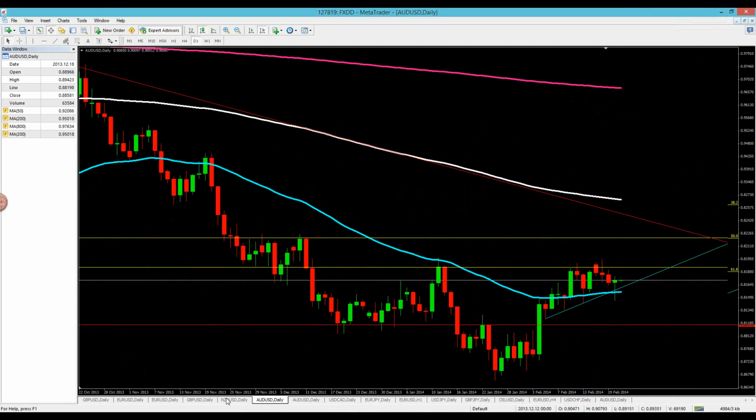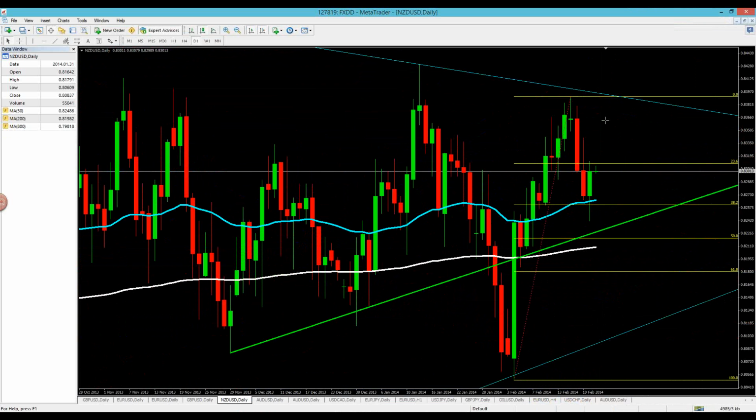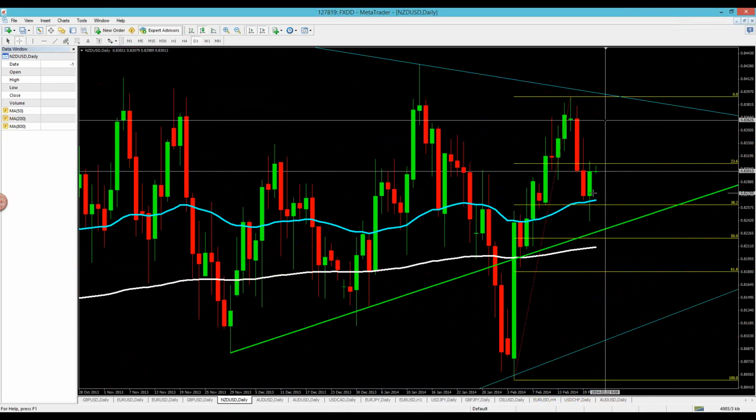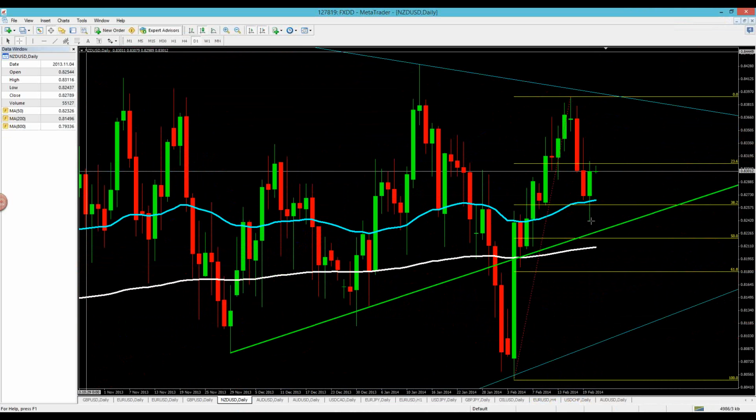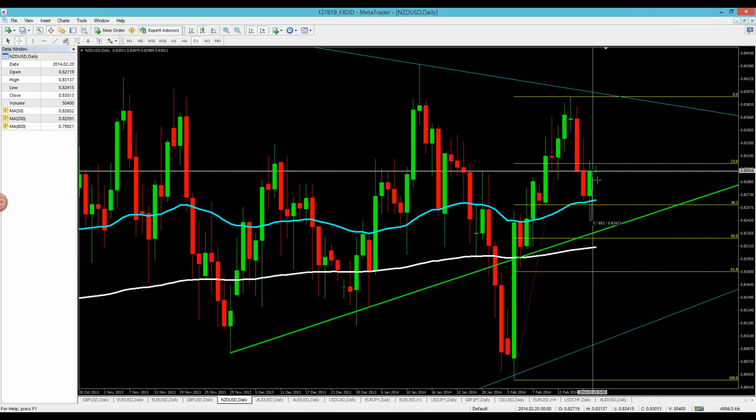We called a sell on the New Zealand for the last few days as well. So we had a sell on February 18th, had a sell on February 19th, and we actually had a sell on February 20th. Okay, and we knew that we were going to potentially bounce off this 50, and you can see that price still had a nice maximum favorable excursion of about 30 pips of its 60 possible pips that it could have made from where it is. Okay, so it went total 70 pips, but it did go down 30 pips for us, and that was very good trading for us for those last few days on the New Zealand dollar.